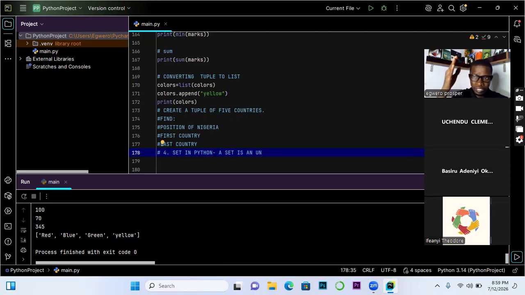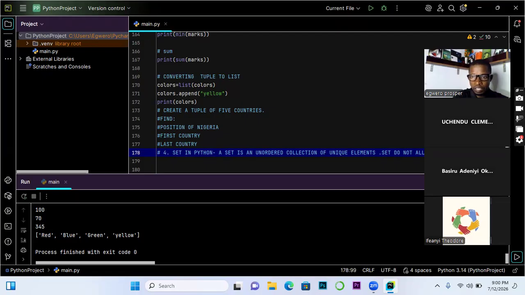When we use ordered, it means things are properly arranged; here, things are not in a proper order. So sets do not allow duplicates. Please, let's correct that.